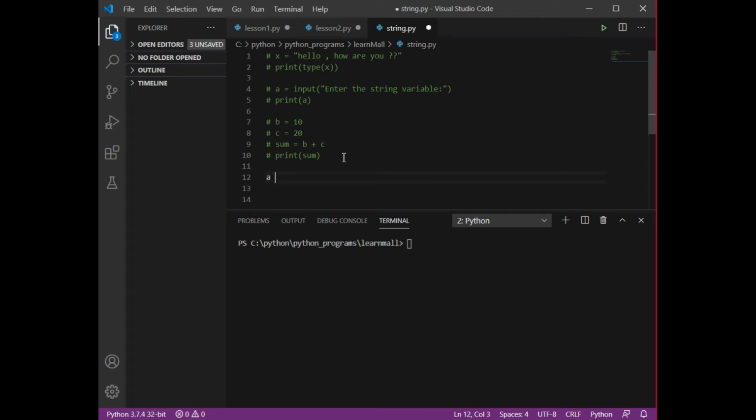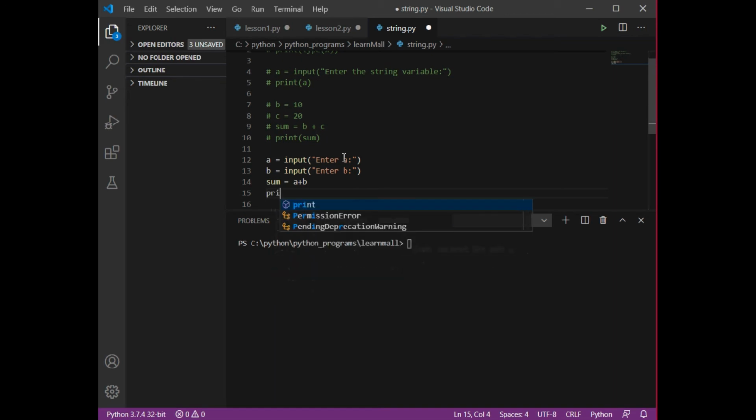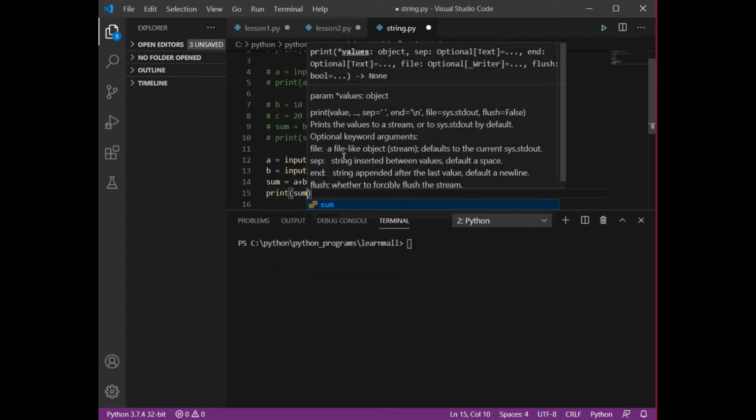But if I ask for the value from the user with the help of the input function, it will make a difference, and you need to understand what that difference is. So b is equal to input, enter b, and then we'll write sum is equal to a plus b, and then print sum.